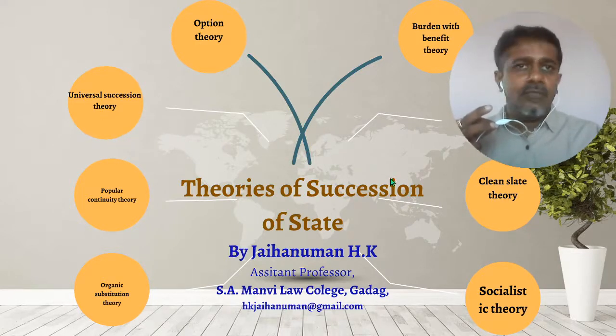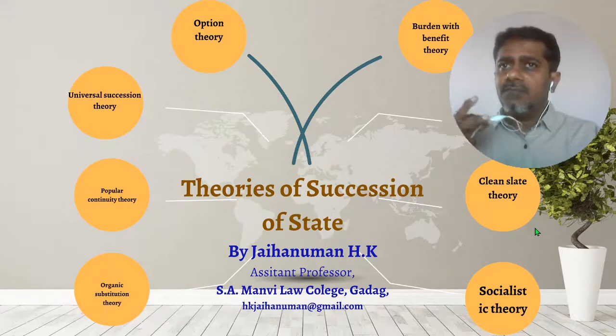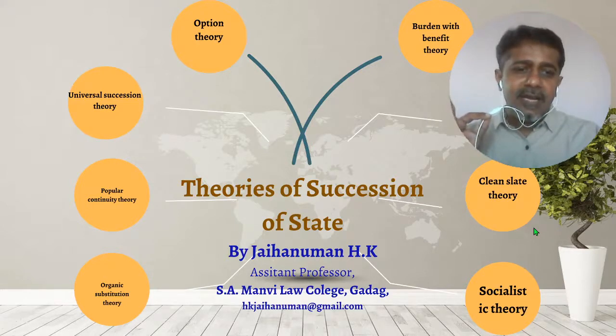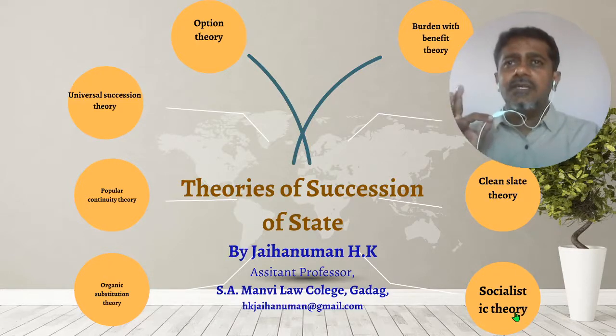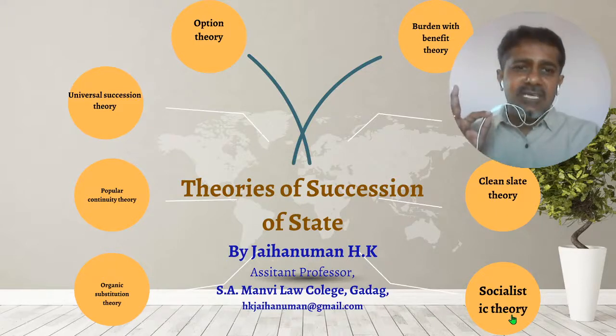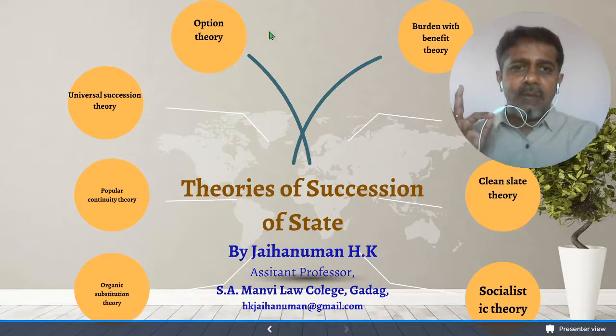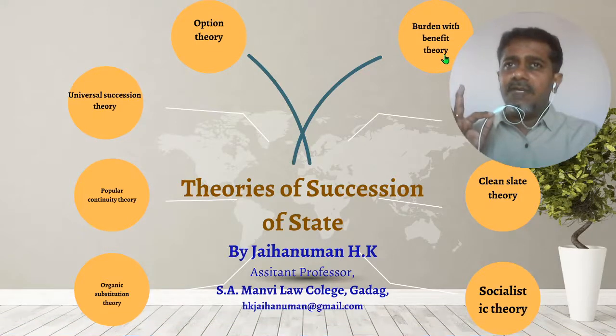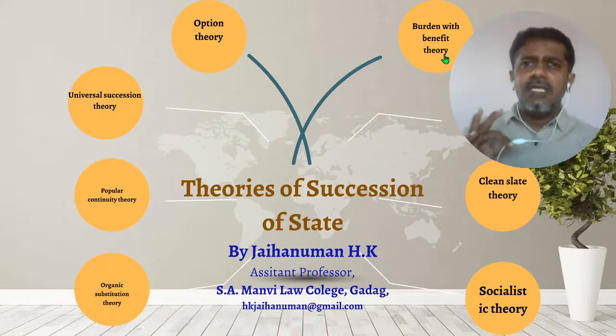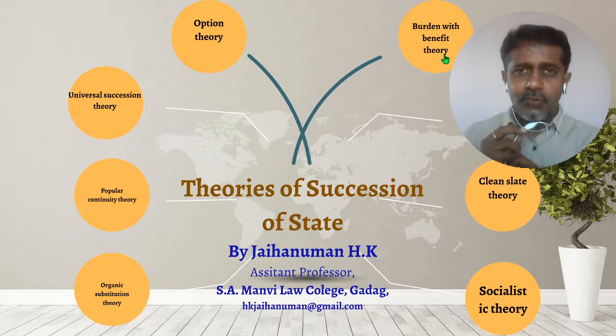It says that a new state or successor state is entirely a new personality having no relationship with the previous regime, and it has got its sovereignty by itself, and it is not being given by anyone else. And the socialist theory also says that we cannot accept every obligation or right of a previous regime. Same is the case with option theory and burden with benefit theory. So these are some of the important theories which you need to explain whenever they ask a question on theories